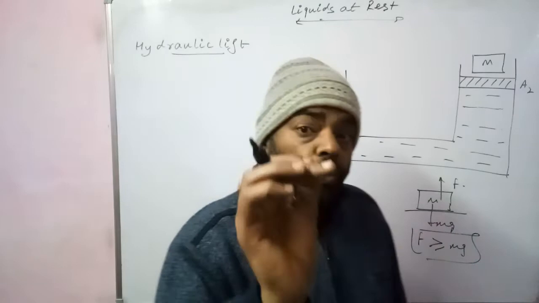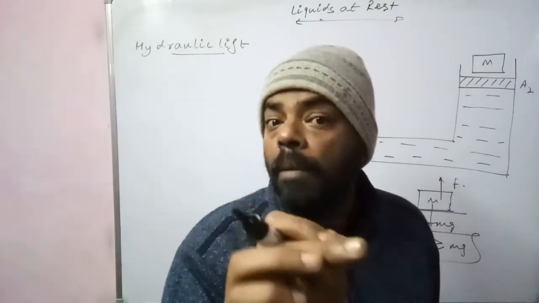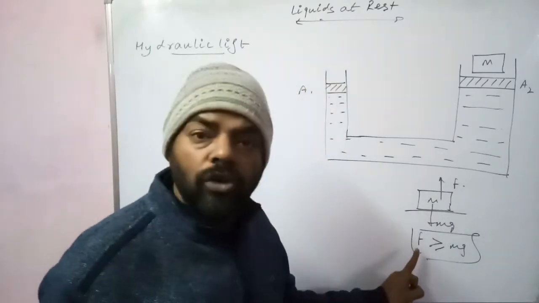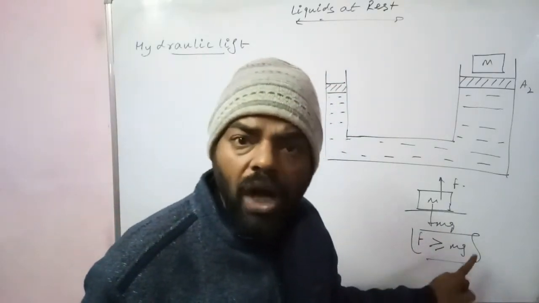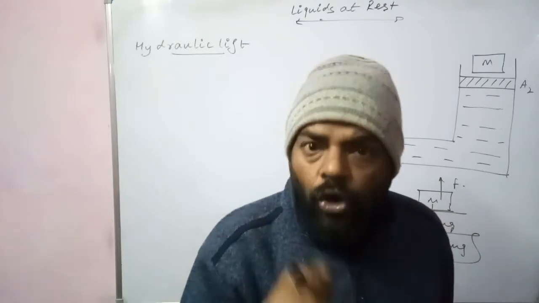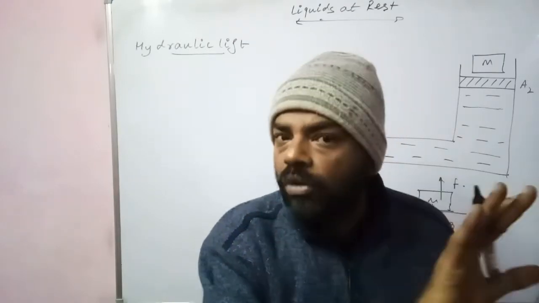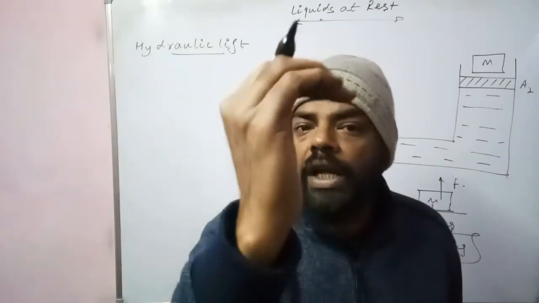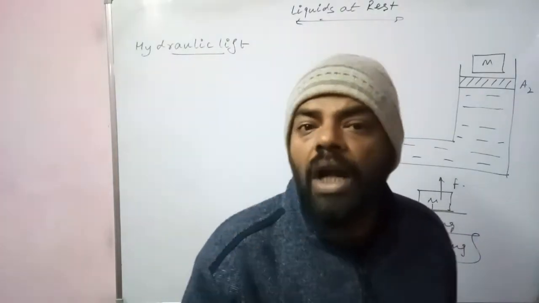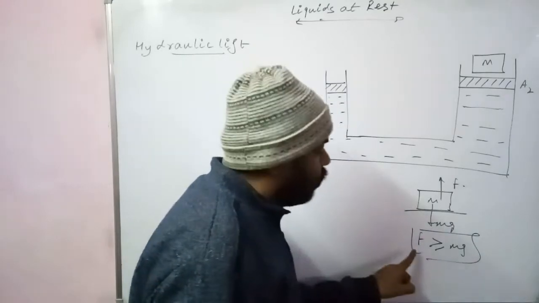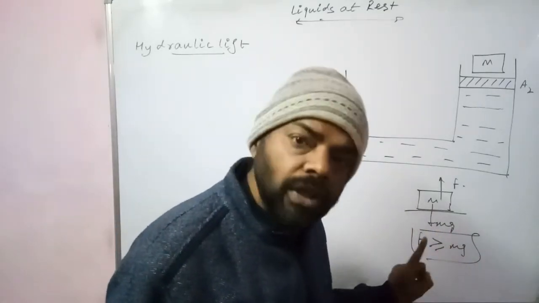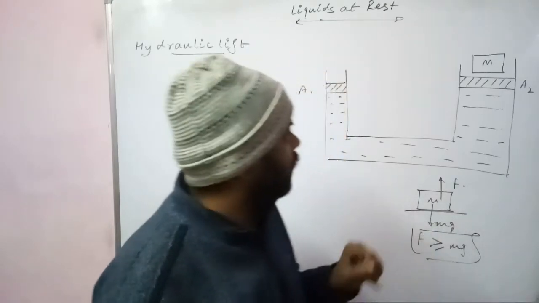Now since we have to just lift the block up. Okay, सिर्फ ब्लॉक को उठाना है. अगर अप्लाइड फोर्स F वेट से ज्यादा होगा तो ब्लॉक अपवर्ड डायरेक्शन में एक्सेलरेट करेगा. क्लियर हो गई बात? हमें ब्लॉक को एक्सेलरेट नहीं कराना है, हमें सिर्फ वर्टिकली उसे उठाना है. जब हमें ब्लॉक को वर्टिकली लिफ्ट करना है तो इस केस में जो फोर्स होगा दैट विल बी एग्जैक्टली इक्वल टू द वेट. ये बात समझ आ गई आपको? ओके, अब देखिए